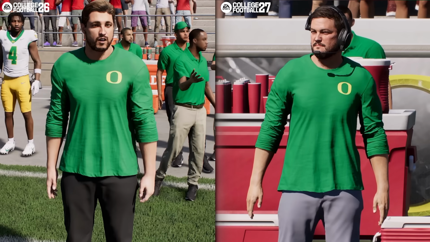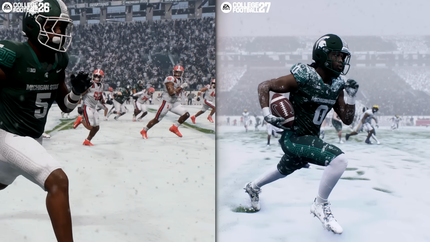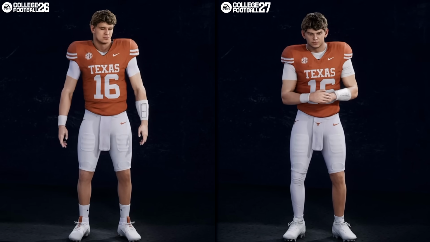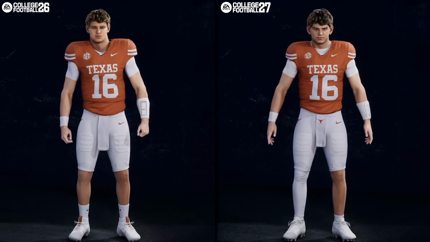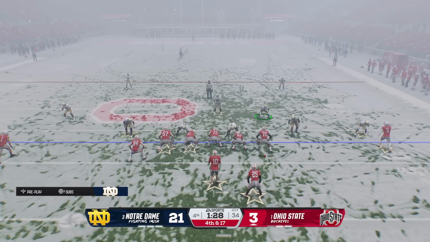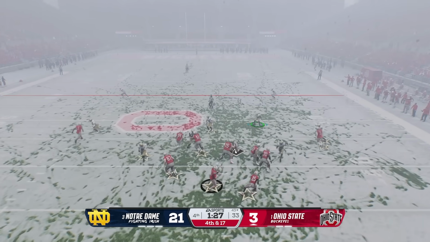Let's take a look at College Football 27 versus College Football 26 side by side. We're going to mainly be looking at the visuals, some small details, and some player movement stuff. And I want to start with the weather first, because this is one of the areas where you'll notice the